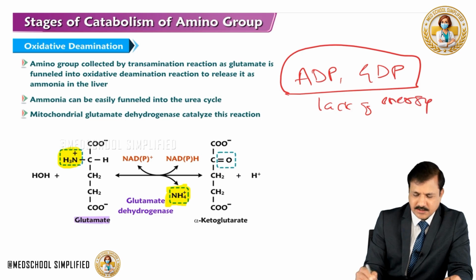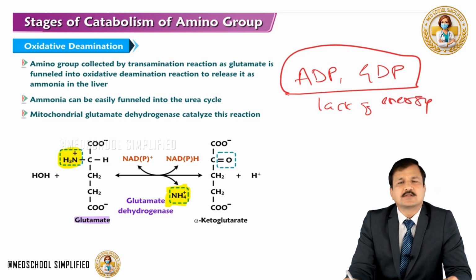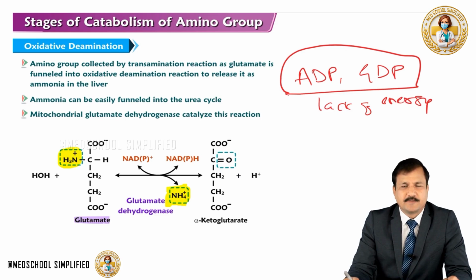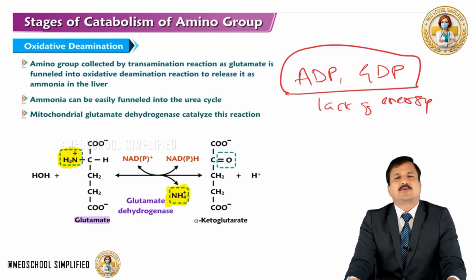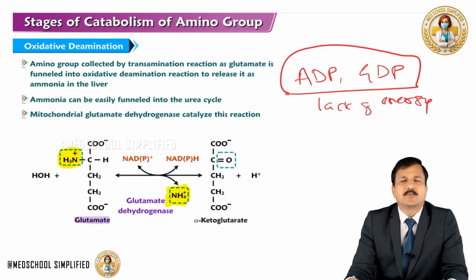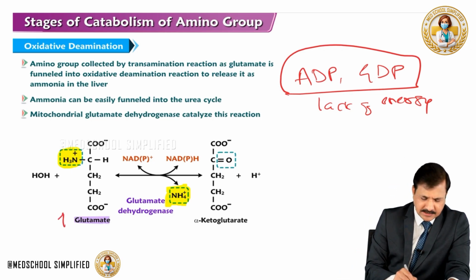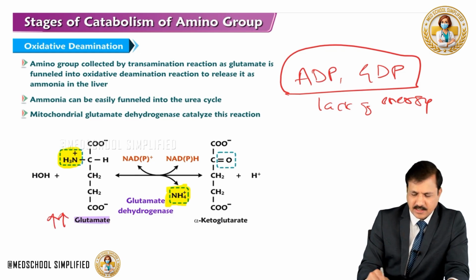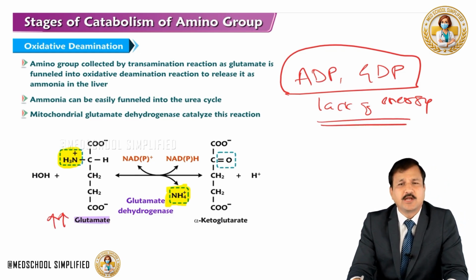Lack of energy means cellular breakdown is going on. Cellular breakdown means even protein breakdown can go on, releasing more and more amino acids and more transamination reactions. More and more transamination reactions means an increase in the levels of glutamate under fasting state,